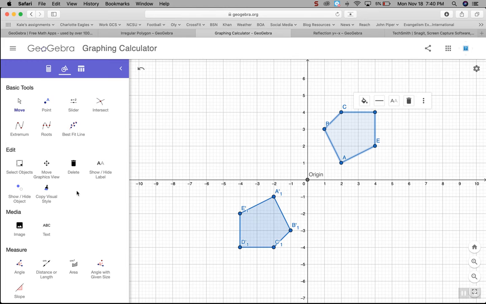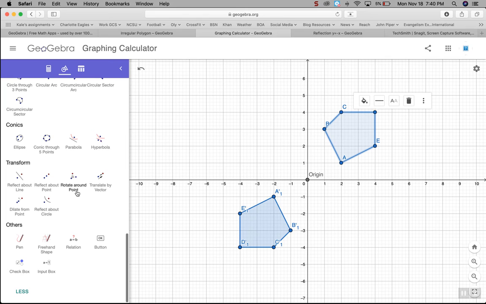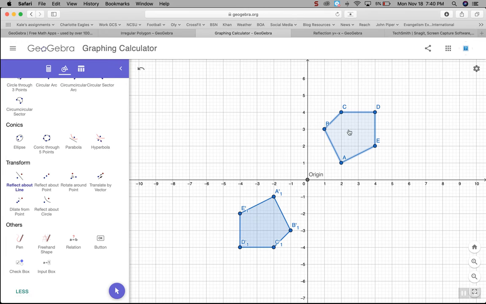Now what we're going to do is reflect it across a line. The line that I'm going to choose to reflect it across here is actually going to be the x-axis. And so with the x-axis being right here, if we click this image and then click the x-axis, we see it reflects right around there. And we have here now A double prime, B double prime, C double prime, D double prime,